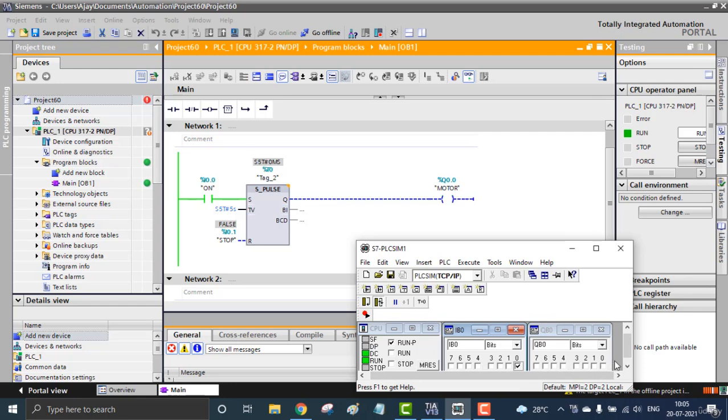Like the pulse timer, but not like the pulse timer. You can see when the input is on, in the middle of the run I stop the input and the output is gone. That is the S pulse. We can work it like a push button. For a filling application, when I press the push button, that filling valve will be open until I release the push button. Otherwise, if I keep pressing the push button, that filling valve will be open for 5 seconds. So these are the 5 types of timers in the Siemens, or the 5 SIMATIC timers.